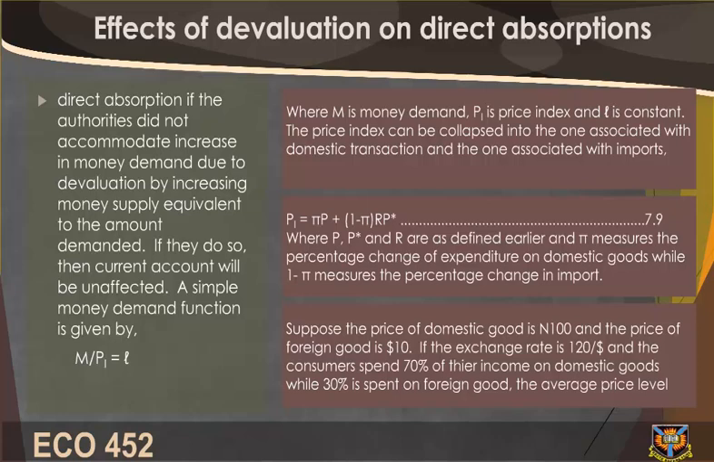Suppose the price of a domestic good is 100 naira and the price of a foreign good is $10. If the exchange rate is 120 per dollar and the consumer spends 70% of their income on domestic goods while 30% is spent on foreign goods, the average price level